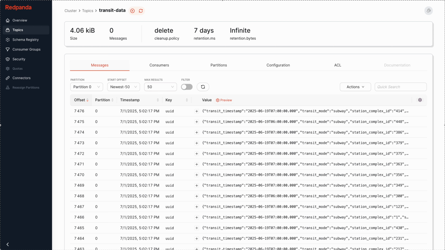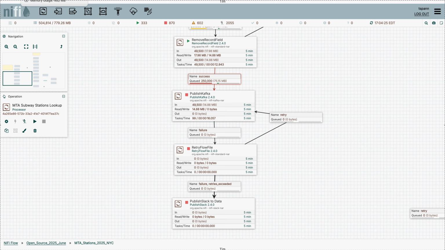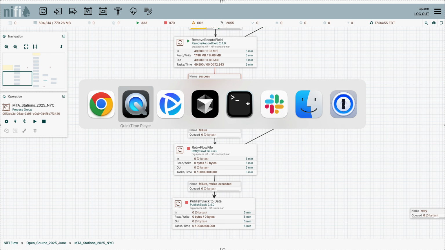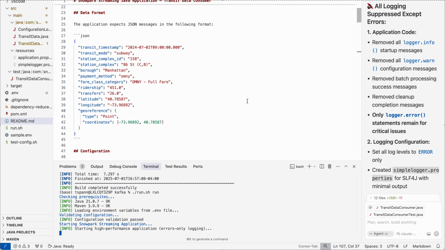This is a Redpanda version. Could also run this through Pulsar, Streamlit, Confluent, regular Kafka, but that's what I got running here. So I'm going to push through 250,000 records, and then on my laptop, I had Cursor, which is an IDE we use here, and it generated